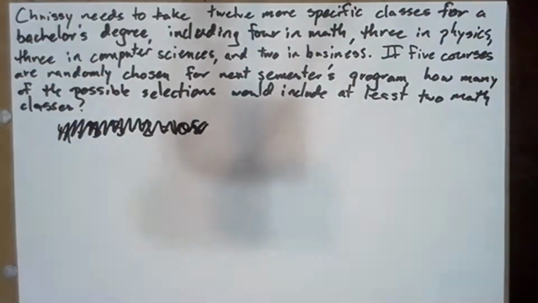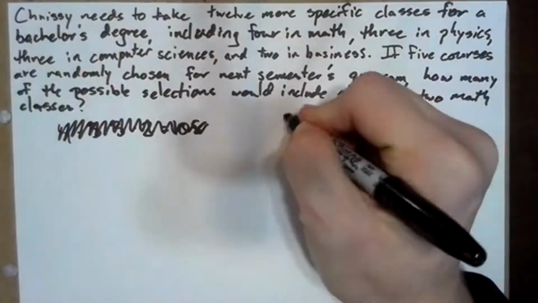We need to choose 5 classes from the original 4 plus 3 plus 3 plus 2, which is 12. There are 12 classes, and we need to choose 5 of them. So 12